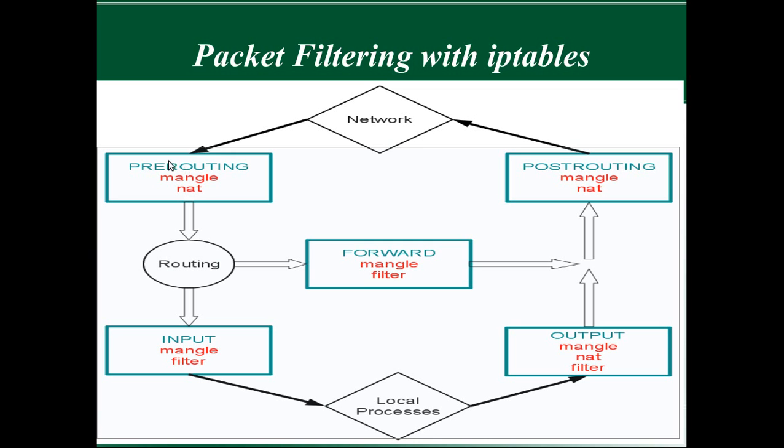As the name suggests, it's pre-routing. It simply means before the routing decision is made for a packet, the packet goes through the pre-routing chain. Here you can modify the TCP headers by using mangle, or you can do network